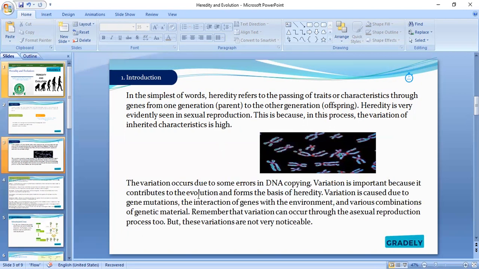Okay, so now for those of us that actually understand what I mean by heredity, I say it's the transfer of character from parents to their generation, that is, the offspring. Generally in biology, we call parents the pedigree. You begin to look at your ancestors, their pedigree. Now, the children, we call them the progeny. So when you transfer characteristics from the parents to the offspring, that's what we're looking at in heredity.